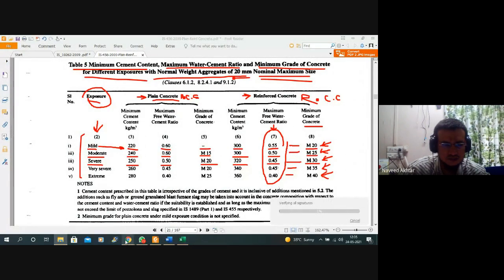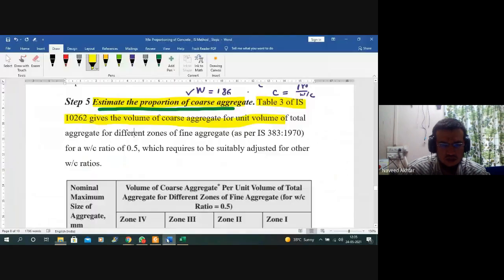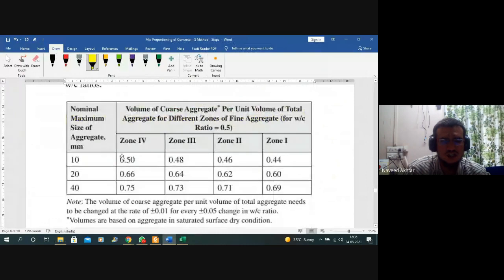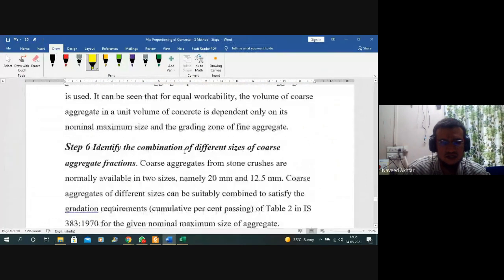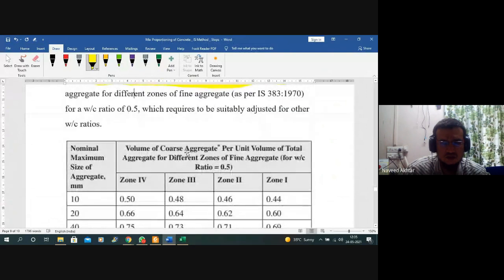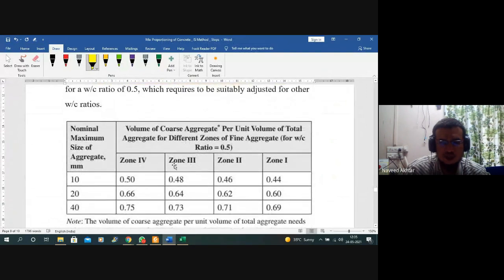I am trying. Now we'll see that zone. This table is given in 383. The table is not there, I will show you. This is based on the different zones of sand. You can find out the percentage fraction of your aggregate.